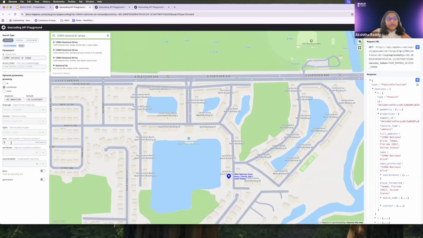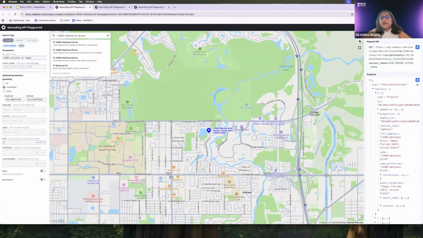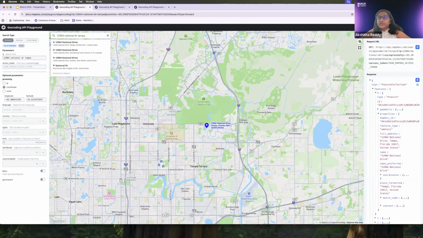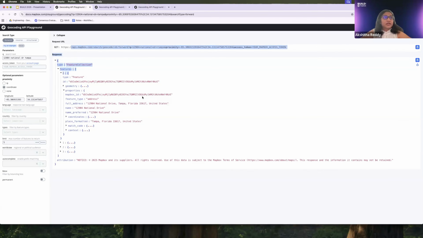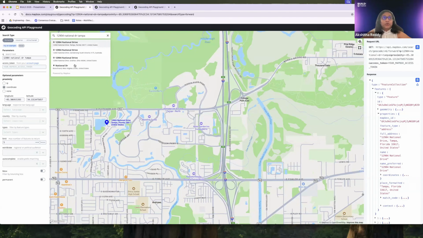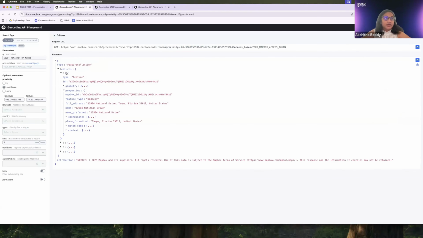You can limit the number of responses that you get. Right now it's set to 5, so whatever you type, you get at the max 5 closest approximate locations. And if you want to use permanent geocoding, as discussed earlier, you can enable it. So every time I search for it, and on the right, you can see that this was the request and I have a response. Right now, for this query, I have about 4 responses, and that's what is shown under